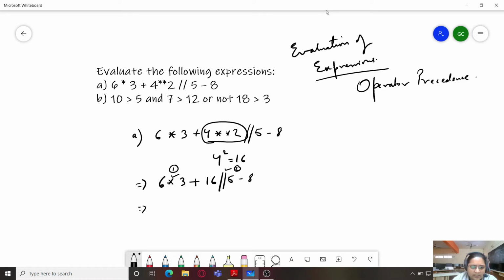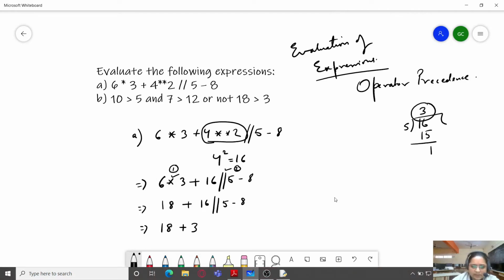So we will first write 6 * 3 as 18, and next will be 16 floor division 5. If I divide 16 by 5, 5 3s are 15. Because here both the values are integers, the result will also be an integer.